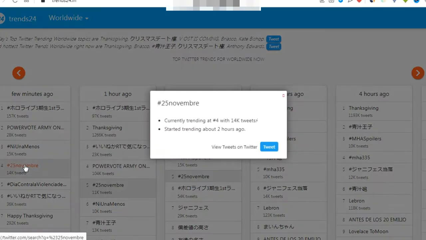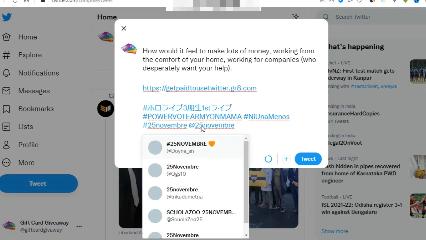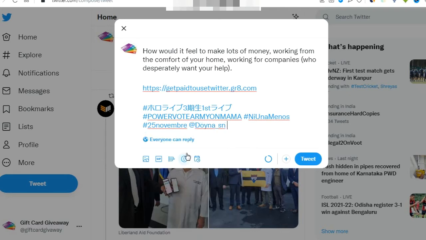You can also tag these accounts. Okay, you can also tag this account if you wish to. Let me see. Yes, if you are willing to tag, then just click. Yes, we are done with that.